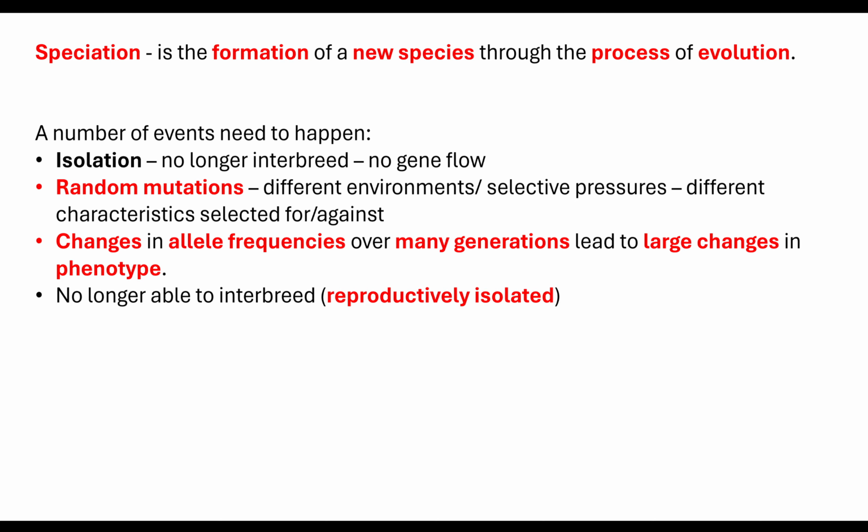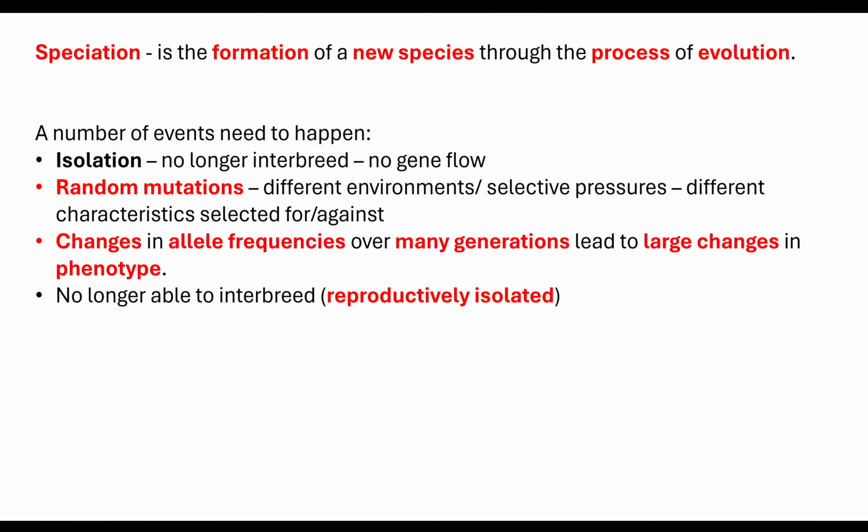The fact that they are no longer able to interbreed means that they are now reproductively isolated. So we have this formation of a new species through the process of evolution. And it's to do with this cyclic nature of natural selection, which is going to result in that evolution and